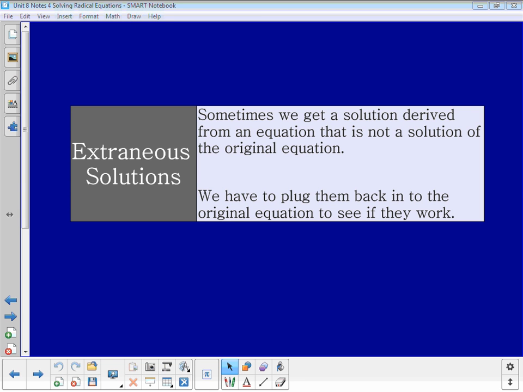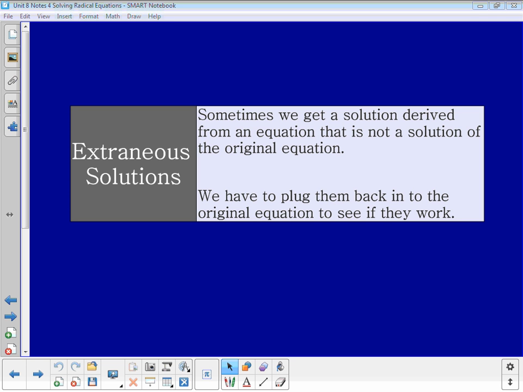Today we're going to be talking about the second part of your Unit 8 notes, which is talking about extraneous solutions. So sometimes you get a solution that is derived from an equation that's actually not a solution of the original equation. We've talked about with radicals how if a radical is set equal to a negative number, then it has no solution. Because sometimes you get two solutions to an answer, we're going to be plugging things back in and making sure that all of those solutions